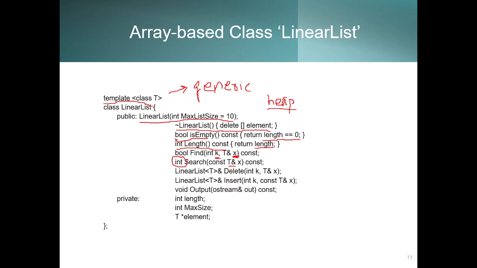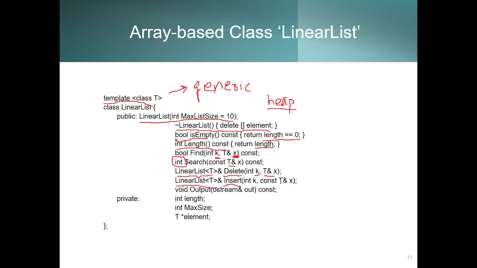This is a little tricky. Here we are basically deleting the kth element in the list, and we are returning the new linear list. Okay? The new list after this deletion, and the element that is being deleted, we are returning that element through this variable x, which is basically a reference. Okay? Similarly, if we insert a new element, we are basically returning a reference to the list,